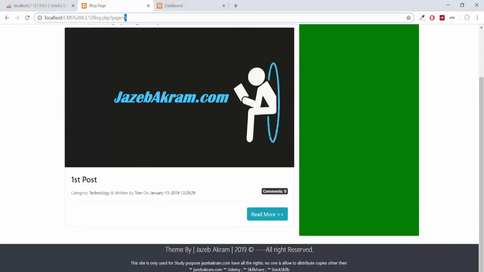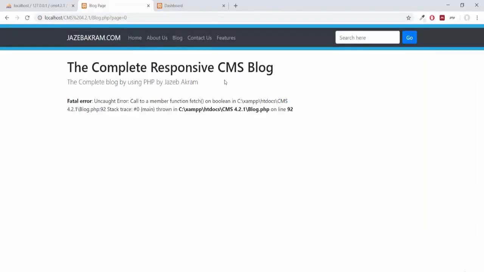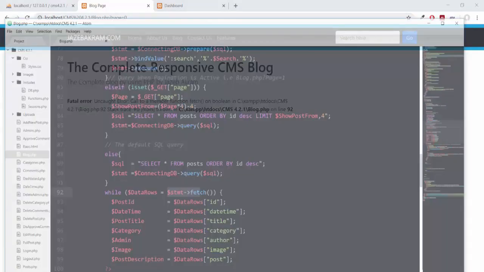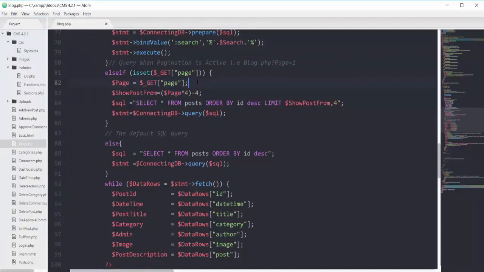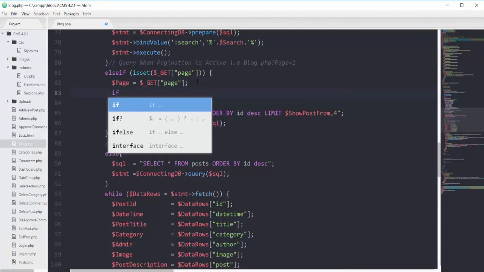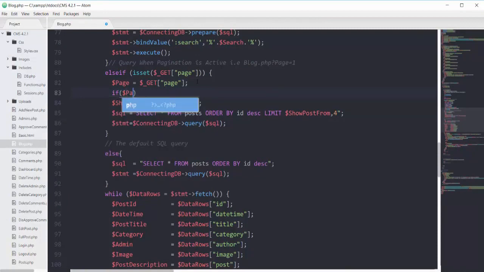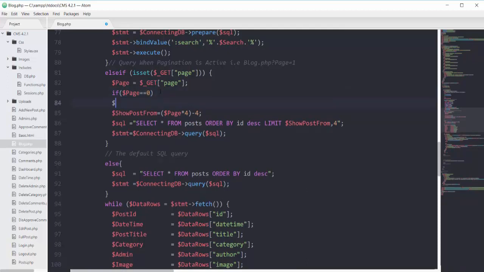In case I give it something like 0, see, we got the error here. So we cannot give it page is equal to 0. So right here I can wrap up this scenario inside one if condition. If my dollar page, that is getting the search query parameter from the URL, is equal to 0, then you should make this variable show post from equal to 0.